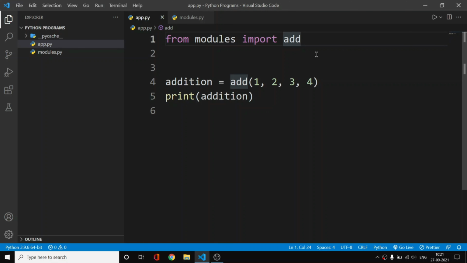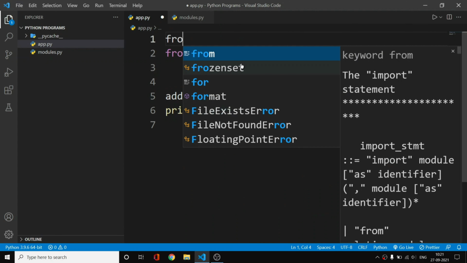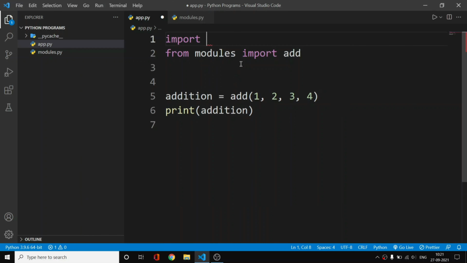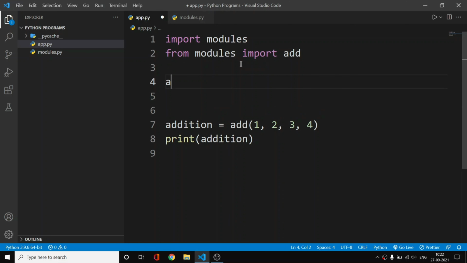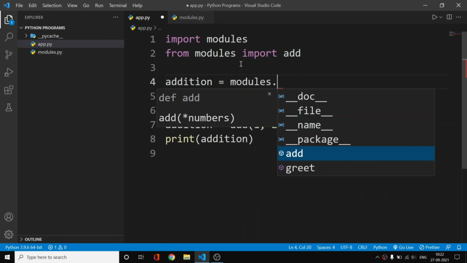Okay, so basically a Python file is called a module, and we can import those modules like this. We can also import it like import modules, and then we need to use this syntax. Okay, so this is the second syntax we have used, and the first syntax will be addition is equal to modules.add.